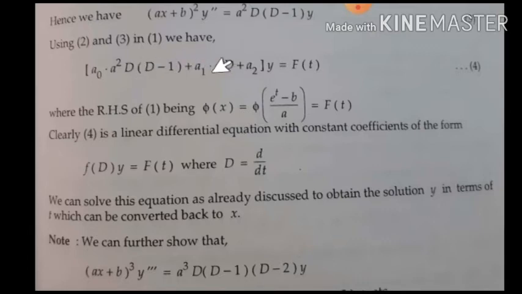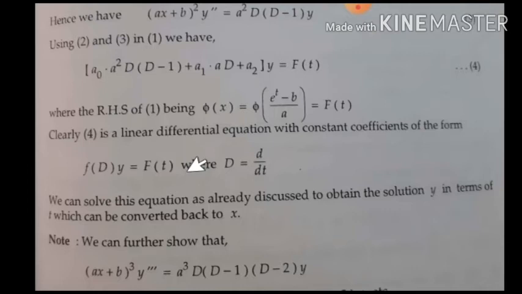Now if you simplify, you get here some function of D, f of D, and that also will be with constant coefficients. a is also constant, a naught is also constant, yes or no? Here all you are getting is only constants. There is no variable x. So you get a differential equation here, f of D into y equal to F of t form. You have to observe mainly here that the differential operator D is nothing but d by dt.